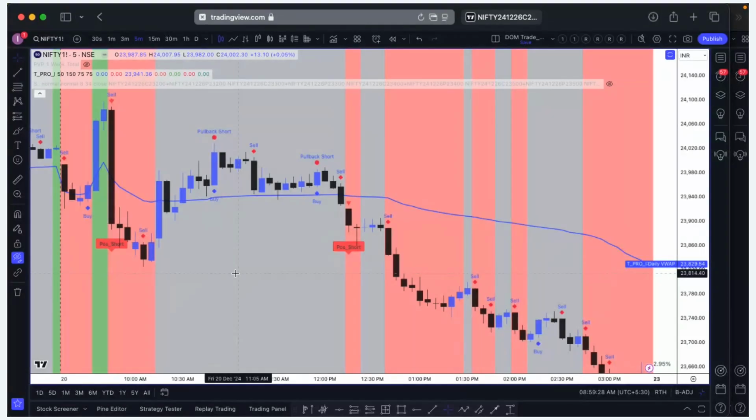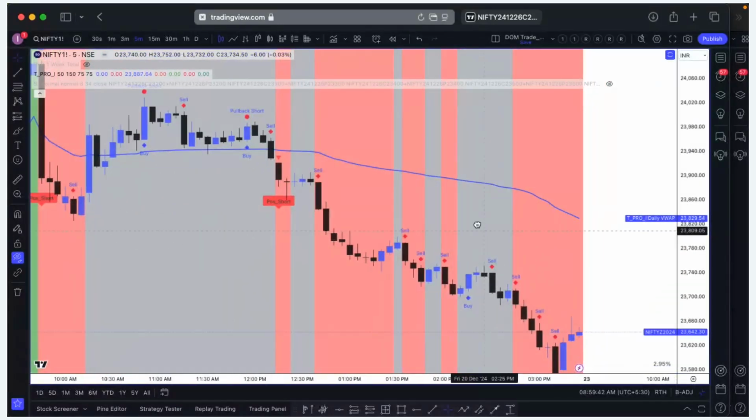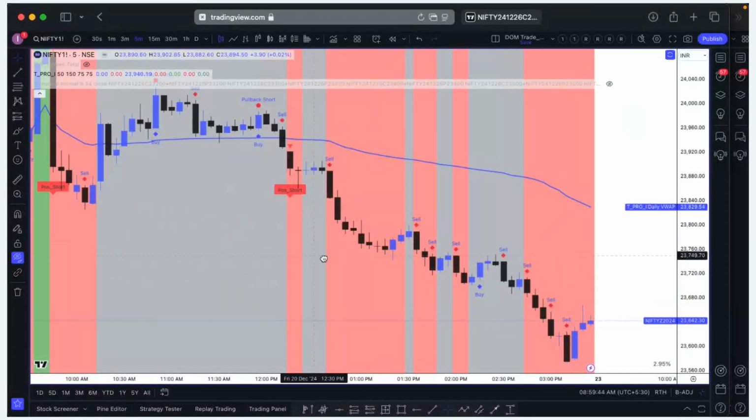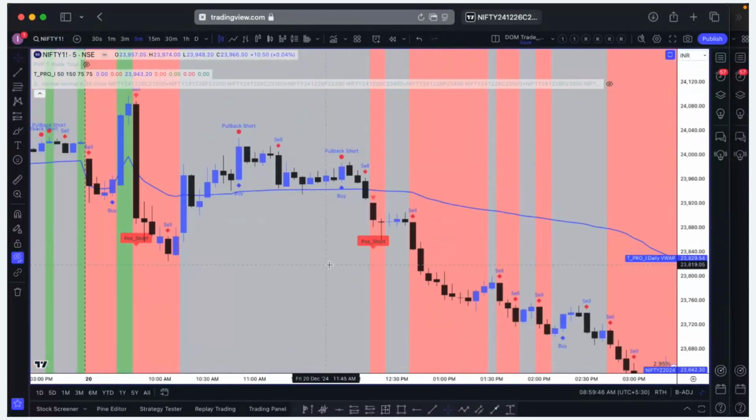So the probability of the market going on the downside is much higher than that of going on the upside, because higher time frame is always on the sell side. Okay, you're trading in the direction of the higher time frame on a lower time frame. Got it? Now you're having another few more indications in the chart